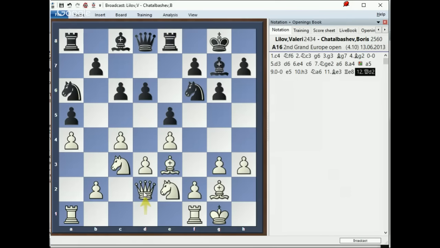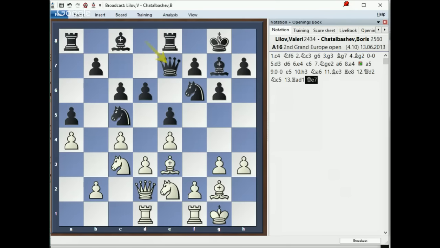Queen d2 is what I played next, knight c5, and rook a to d1. So that's basically what I wanted. Just let's get every piece where it belongs. I didn't want to start anything before my development's complete, and when it was actually complete, I told myself this is it. This is the time where I'm supposed to do something, where I'm supposed to go in some way.